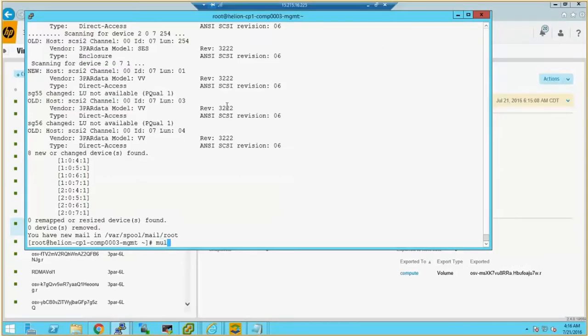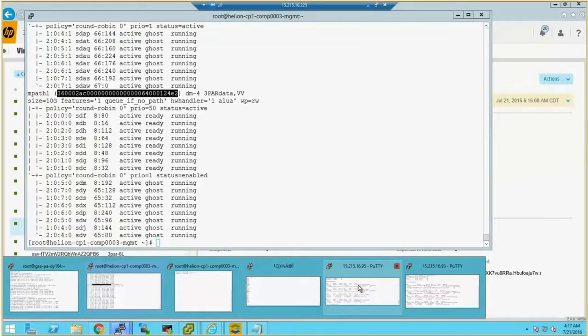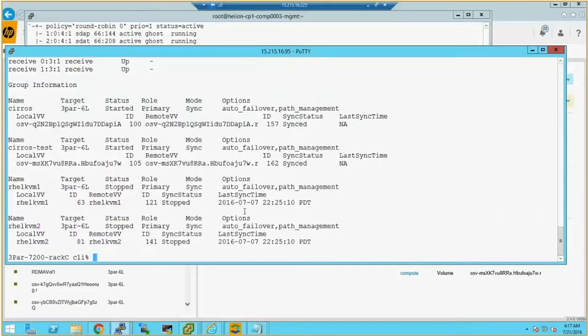So the scan is completed. I'll just run the multipath -ll command on the compute host. So this is the LUN, and you can also map this particular LUN from whatever we had from the 3PAR, from the multipath output. So I'll just run showvv